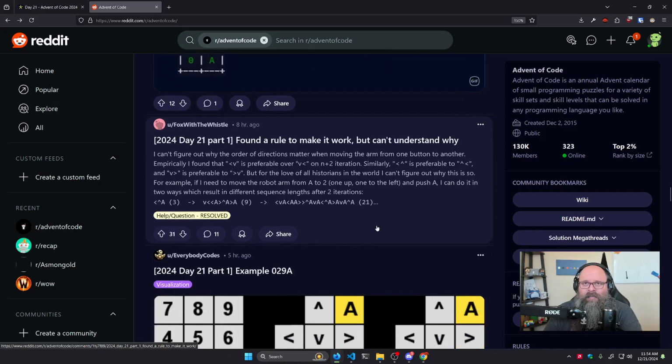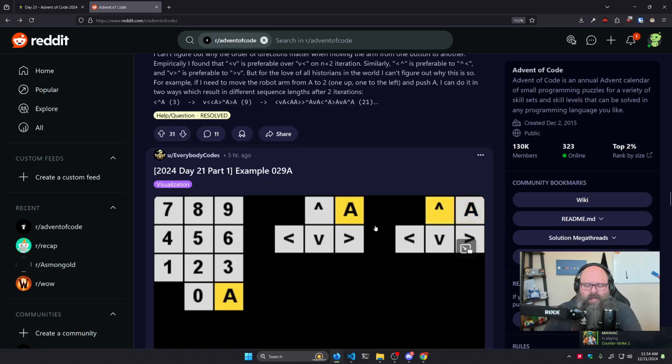I definitely did some debugging early on where when I wasn't getting the right answer, I'd ask, okay, well, what is the initial robot pushing? And then what are the robots in the middle pushing? And then what am I pushing, to kind of see what's going on? So